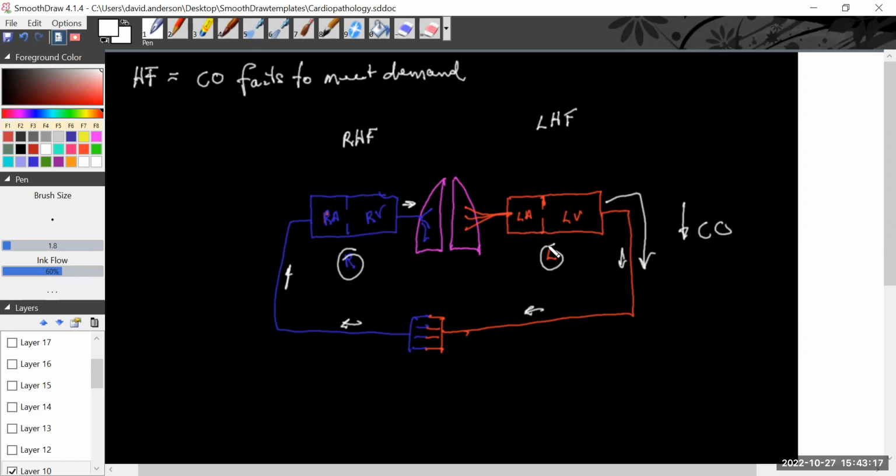So clinically, left heart failure is more common than right. But left heart failure is ultimately going to lead to right-sided heart failure. So in other words, the most common cause of right-sided heart failure is left-sided heart failure. And we'll explain why, because as we go backwards, we put an increased afterload on everything that's behind the